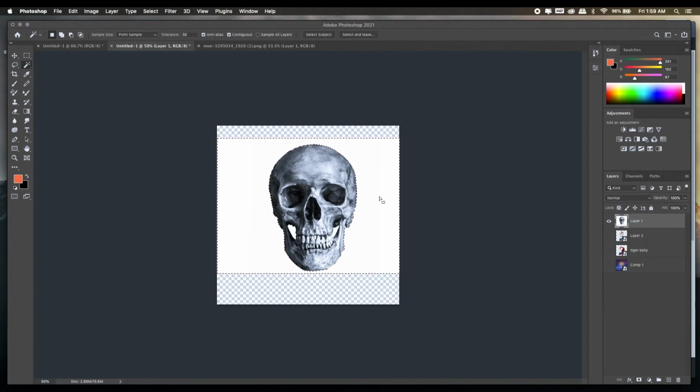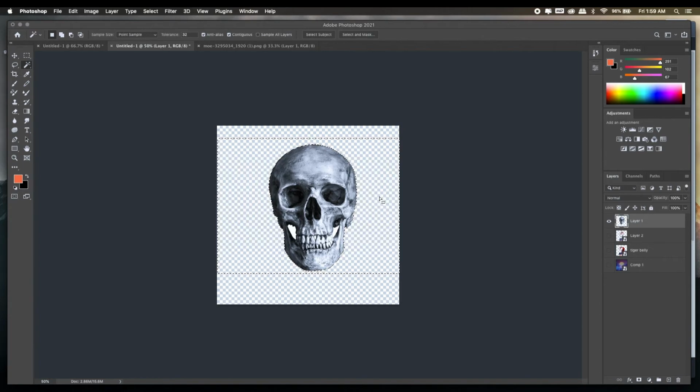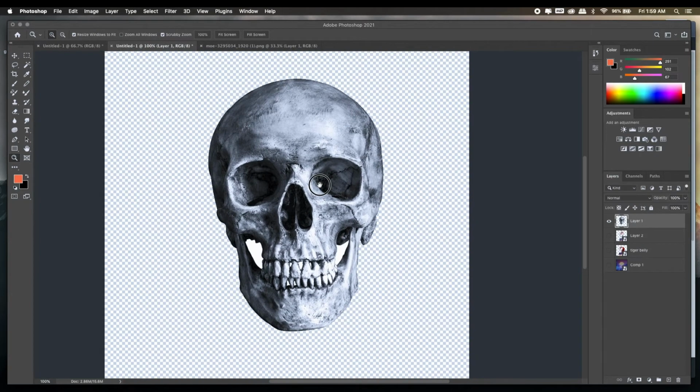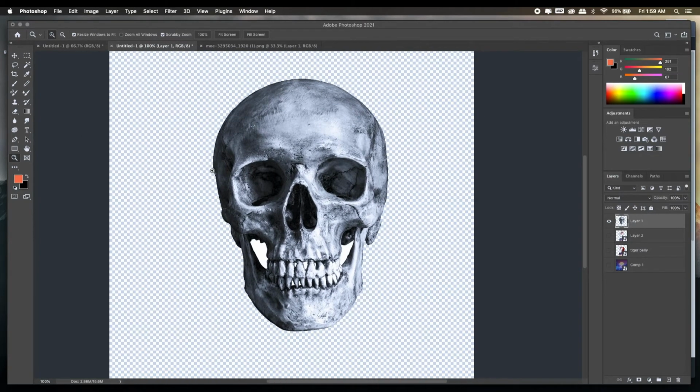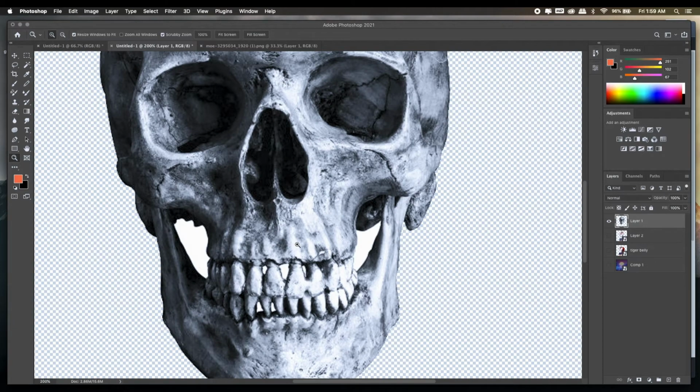So just for the sake, if you need to do a quick album cover, you use the wand tool, click on the background, highlight the background, and just hit delete. Right click, deselect. Now you can see you just have the skull. So now just to clean it up a bit,